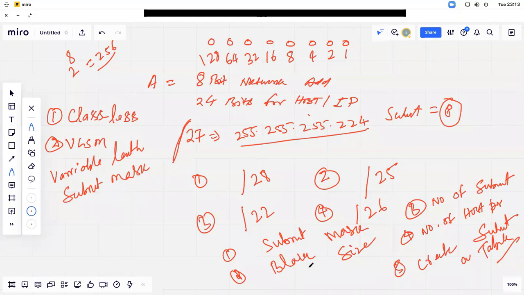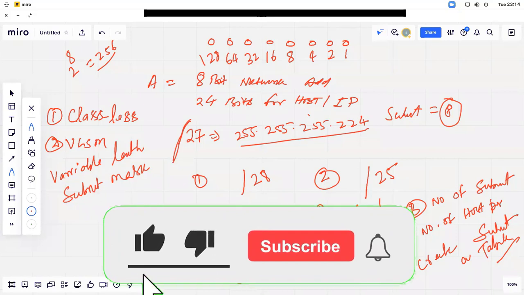So a quick review, I'm just going to give you a quick review. How will we do that? First of all, we need to see how many bits you require. As I have done here for /27, we have taken 3 bits from the last octet, but for /28 you have to take 4 bits. Second, we need to create a /25 address, which means you need to take 1 bit from the last octet. And the third question, you need to create /22.